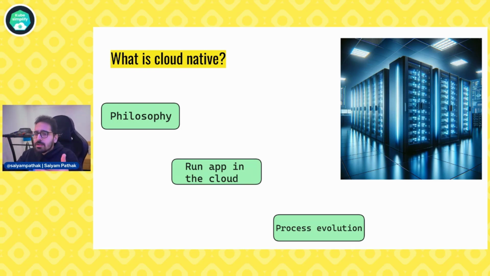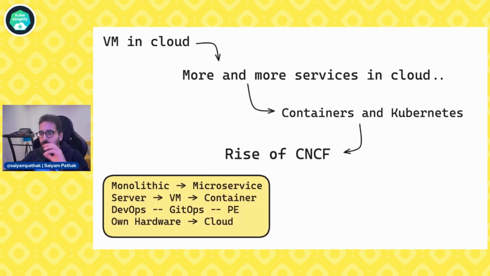Then the process evolved. You got new philosophies of DevOps. You got a new cultural philosophy on how to adopt those tools and make this cloud native. So we saw VMs in the cloud, and then more and more services coming into the cloud for ease of application development and deployment. Everything surrounding that started as a service. For example, we are in the Gen AI world, generative AI, so we are seeing more and more services. That's where the demand is, so more and more services kept on coming in.